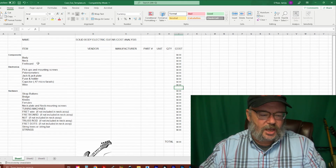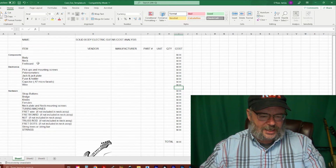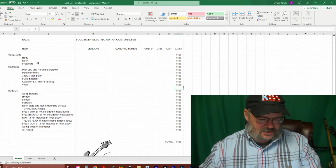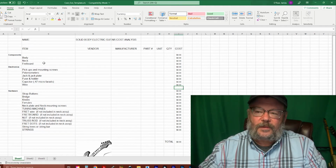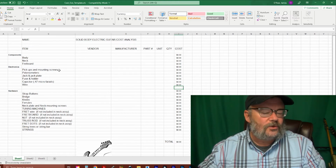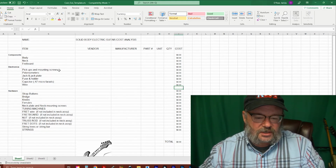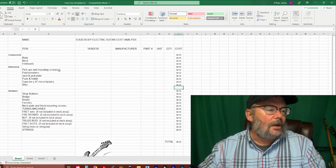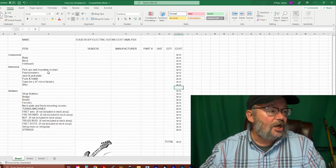And I'm looking at this page on the interwebs, and some of these look very similar, but the prices are all over the place. And this one's got one row of dots, and this one's got two rows of dots, and this one's got just a single line. So you can see the challenge that we have here is you have to have this discussion with 10 different people with 10 different varying levels of understanding, talking about pickups and mounting screws and potentiometers and jacks